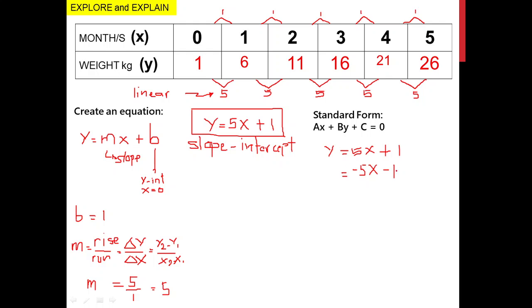Now, whatever you do here on the other side of the equation, same thing will happen here. So let's add a negative 5x and negative 1. Then let's try to add. Okay? Let's try to remove this one first. The process is addition. Positive 5 and negative 5, this will cancel out. 1 positive and negative 1, this will also cancel out. So everything becomes 0 on the other side. Right? So we already have this one now on the other side. Now what happened here? Negative 5x, there's no other term similar to this one. So let's just bring down negative 5x here.